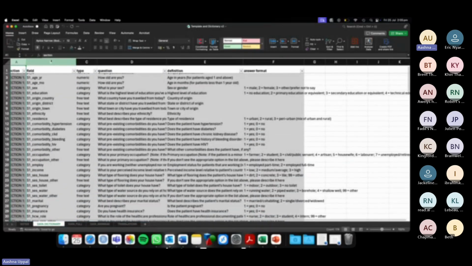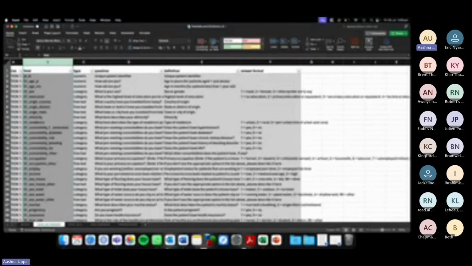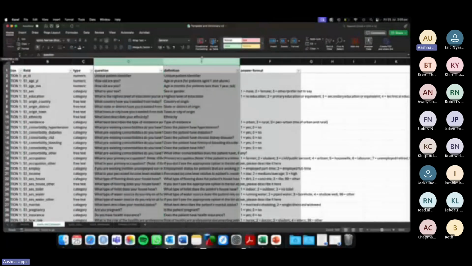These are the field codes. These are meant to stay as is, no matter where this data collection sheet is being used. This is so that if you ever want to collaborate with another institution that is also using this, it makes it a lot easier to aggregate or join up that data if the fields stay fixed. So these don't change. But what does change is the descriptions of these,